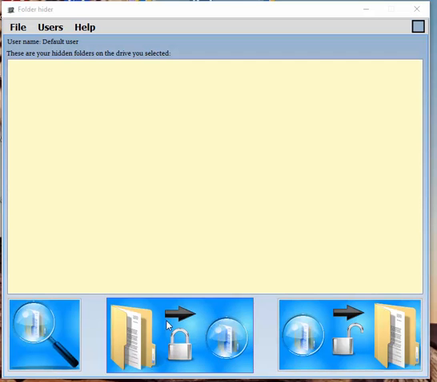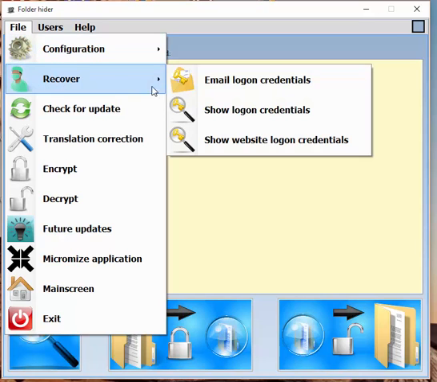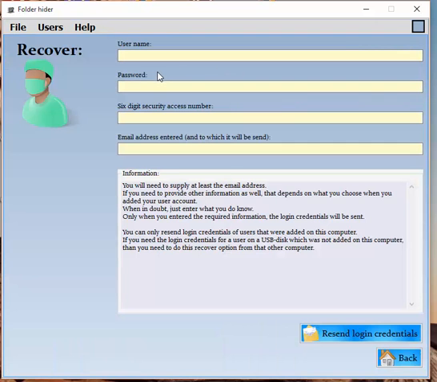The recover item itself is a menu that holds 3 items: email logon credentials, show logon credentials and show website logon credentials. If I select email logon credentials, I will be able to resend all login credentials to the email address I provided. When creating my users, I did not specify any extra information to be supplied. So in the screen I enter the username